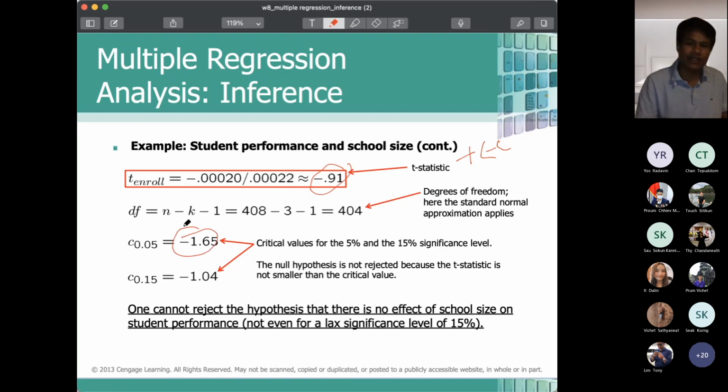Do we accept or reject the null hypothesis? Accept, sir. Right. So we fail to reject the null hypothesis. We can say we accept the null hypothesis or we fail to reject the null hypothesis. All right. So at the critical value for 5%, the minus c is bigger than t. Right. The minus c is